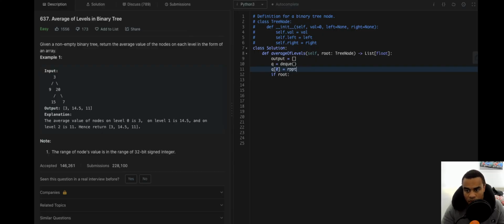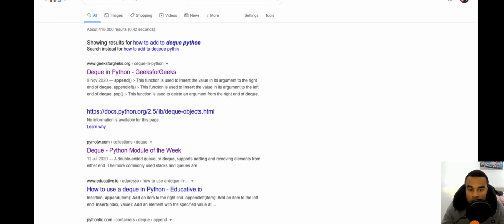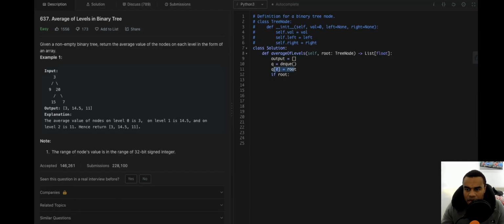Is that how you add things to a deque? How to add to deque, Python. I just want to do the first. Okay, that makes sense to me. Actually, let me just print Q to make sure I'm not crazy here.